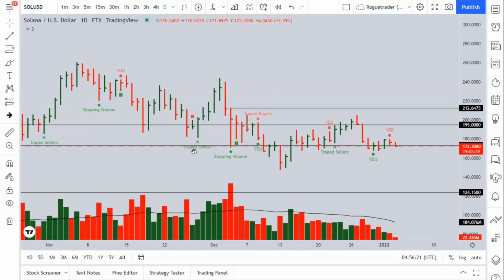Now you can see the stopping volume right here. Exactly, the market is absorbing at these levels. The market might have gone down, but it is still observing the same levels. I will buy above $212 if Solana goes above 212. I'm definitely looking for a buy opportunity. I already started buying 50% of my quantity around these levels, and I'll buy another 50% at these levels. I will try to buy more and more because I personally believe that Solana is a really good cryptocurrency in the upcoming days. And that's it for this video, because I usually don't trade stopping volume. This is a concept video, so that's why I'm keeping it very short.